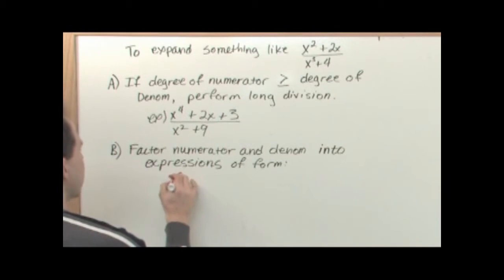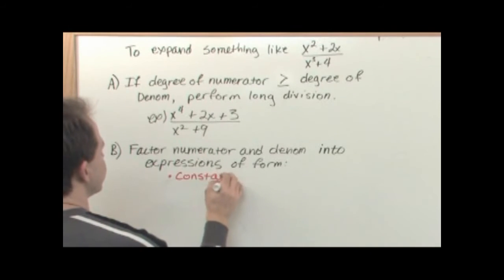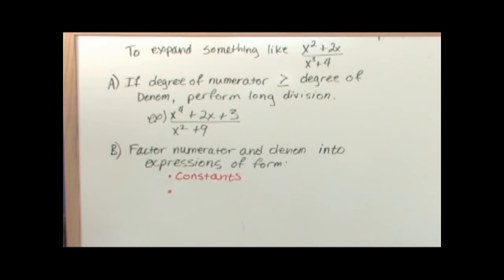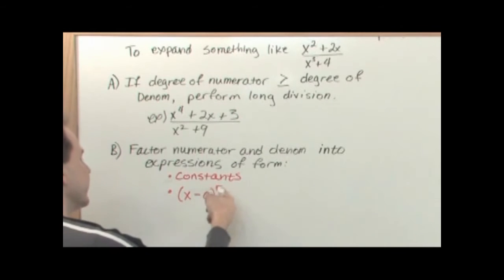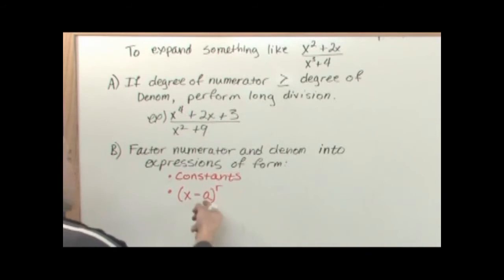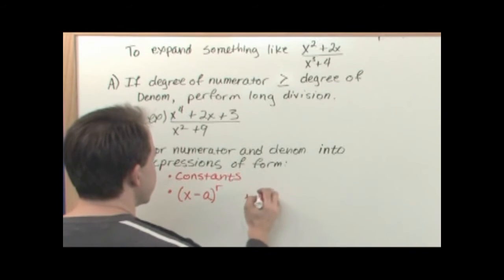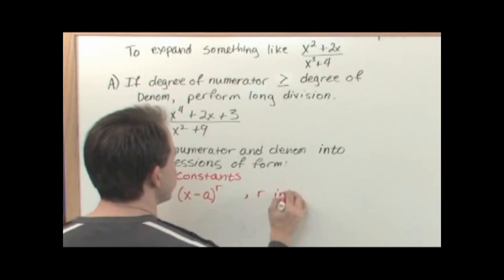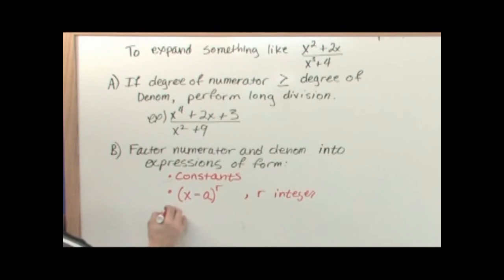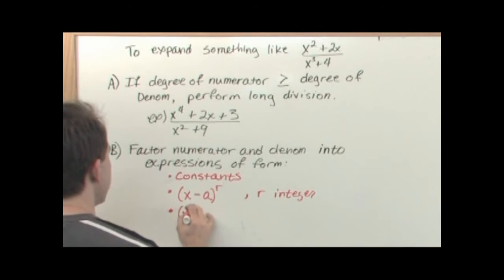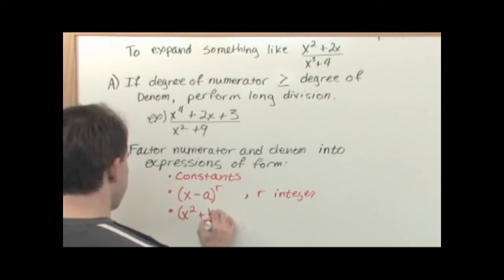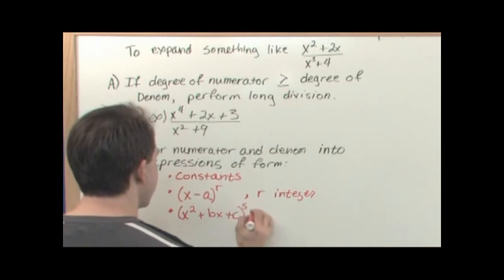You can factor them out into constants. You can factor them out into expressions of x minus a, where a is a number, raised to the power of r. R is another number. So this would be like (x minus 2) to the second power, (x minus 3) to the third power, (x minus 1) to the first power, so x minus 1, etc. Okay? And in this case, r is an integer, and a is also a constant. And the third type of expression you want to try to factor it into, if you can, is (x squared plus bx plus c) to the power of s, where s is an